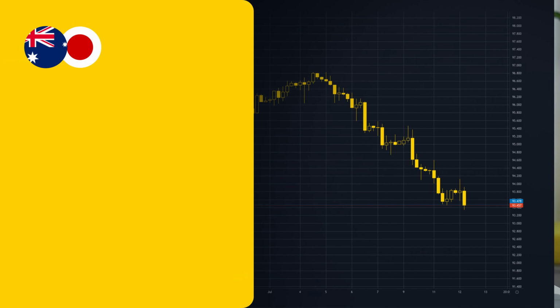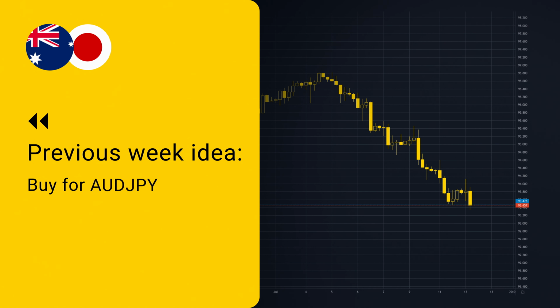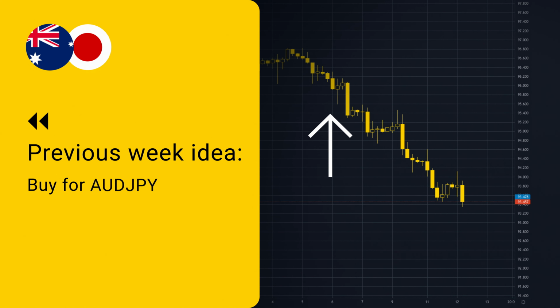Last week, the idea was a potential buy for the Aussie dollar against the yen, with a possible bounce from around 95 with a target around 97.50. So far, that's proven to be inaccurate, with the price having moved down to around 93.5, but it's possible that this might be an accurate idea for the future over the next few days, so it's something that we should